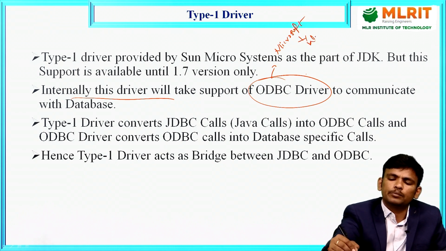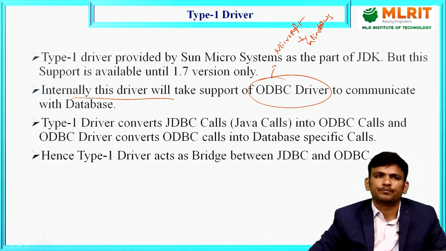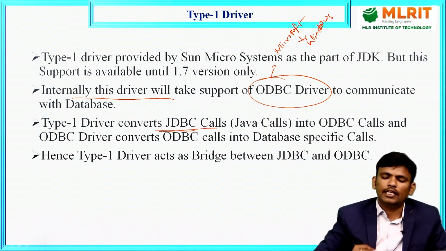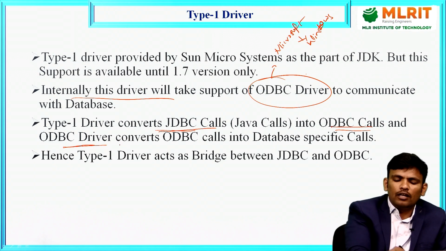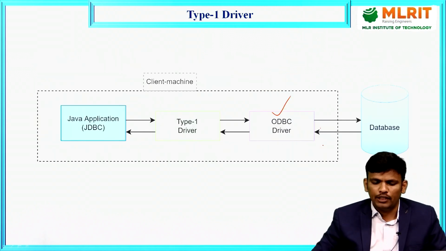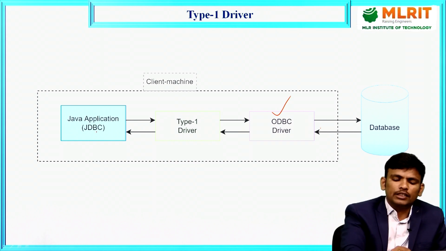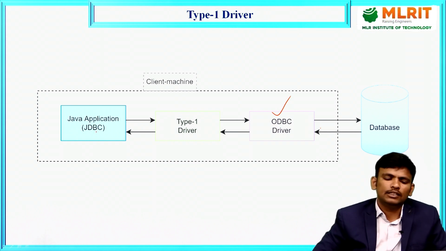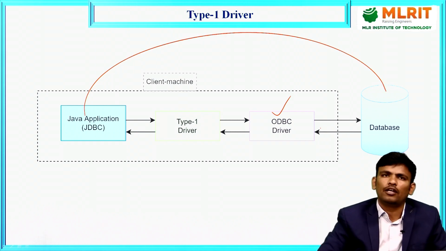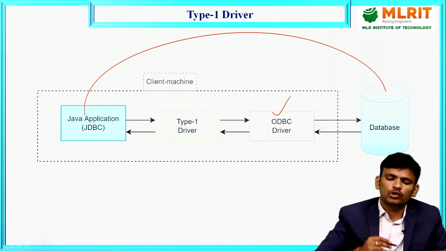only for Windows machines. Now the type 1 driver converts JDBC calls to ODBC calls, and the ODBC driver converts ODBC calls to the database specific calls. If you observe here, the ultimate goal of JDBC in a Java application is that it needs to communicate with the database. Directly it is not possible,